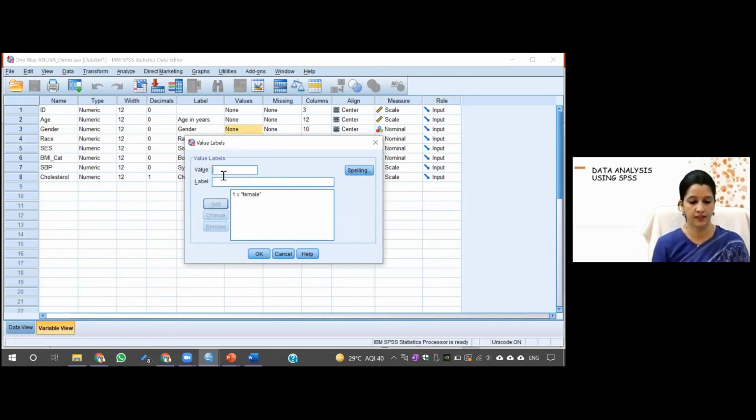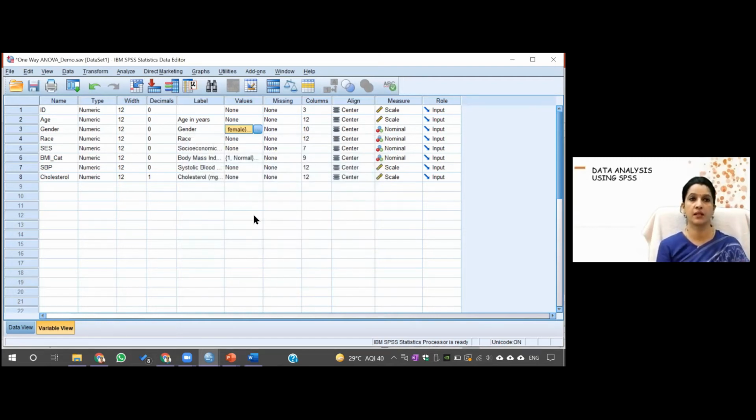But again, that data will be there with you. So you should add the labels. Otherwise it comes with the variable name if you don't label it. Then the missing column, the column width, and this gives you the scale or ordinal measure. This role should be none; we have not changed it, ideally it should have been done. So there is an error from our side.